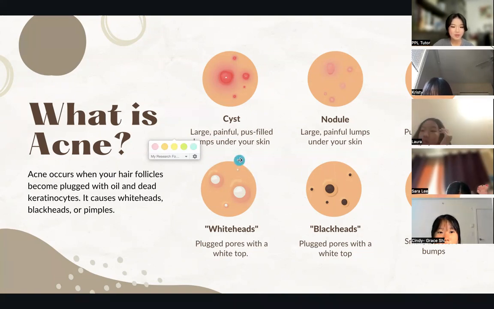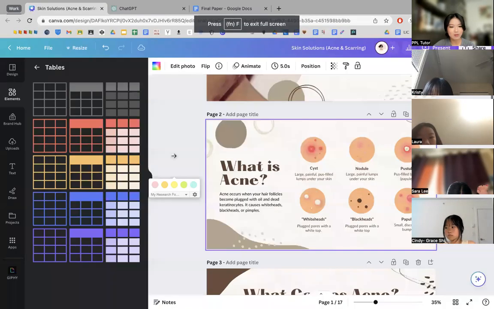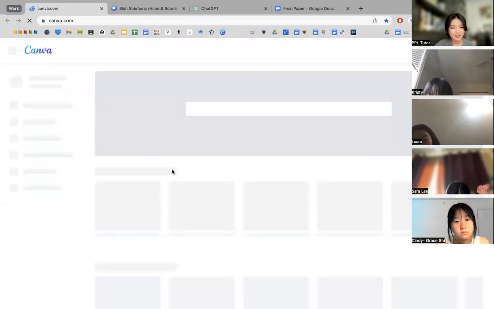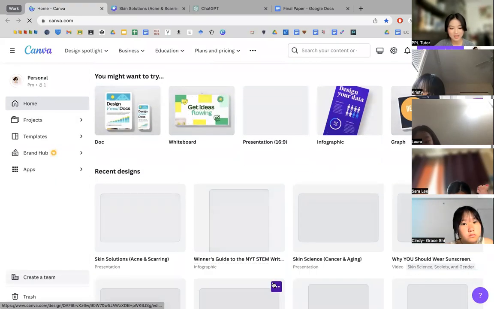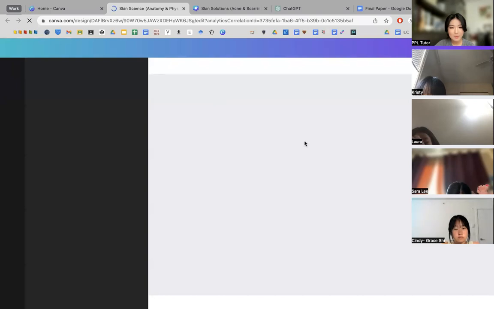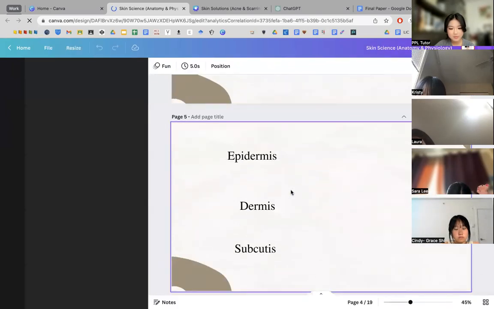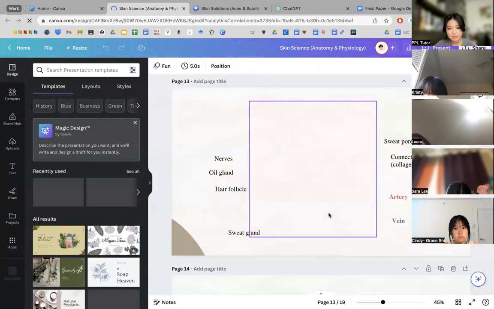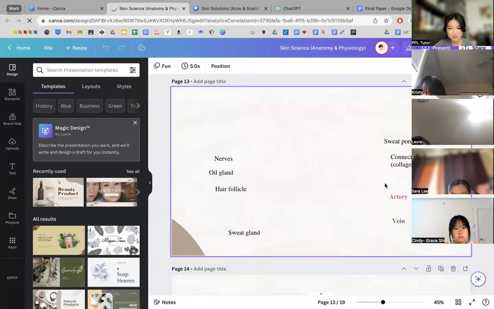And yeah, so it happens when our oil ducts, which are connected to our hair follicles. Here, actually, an image would probably be best for you guys. Let me just open the other slide so you guys can visualize where the pimple actually happens. All right, so there we go. This should be the picture.